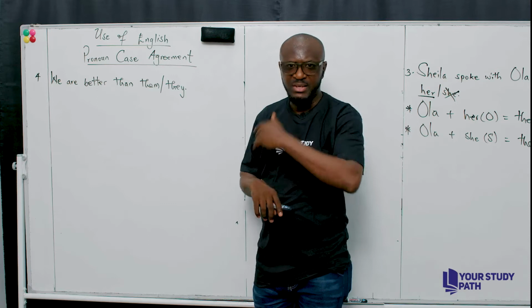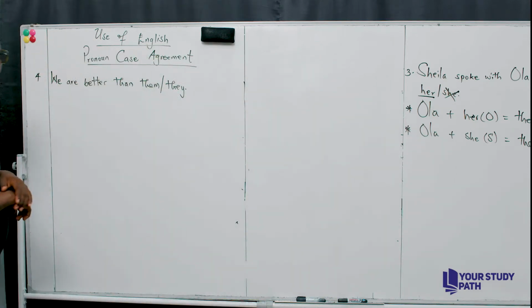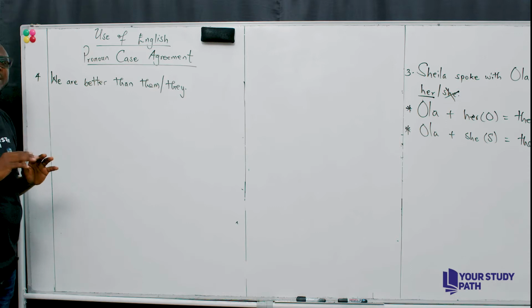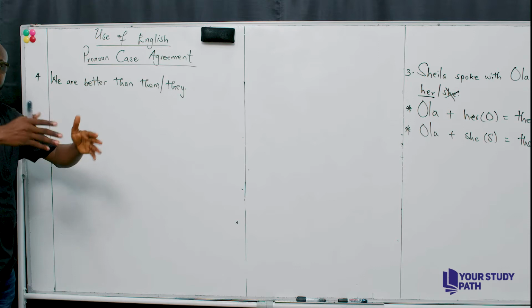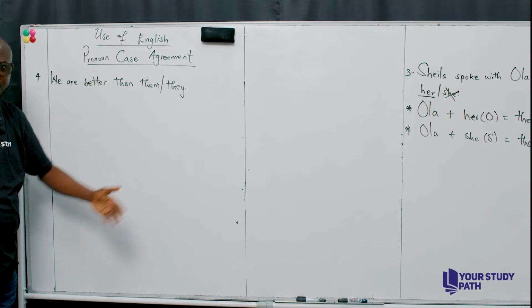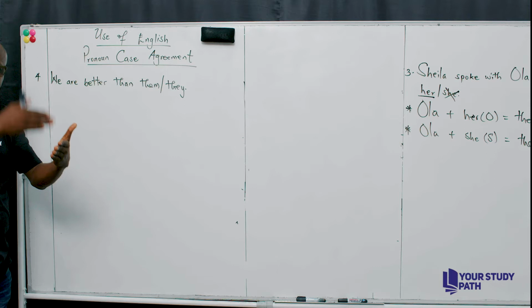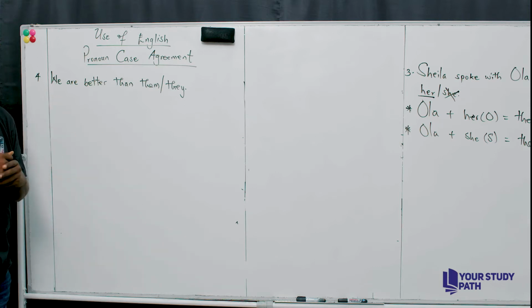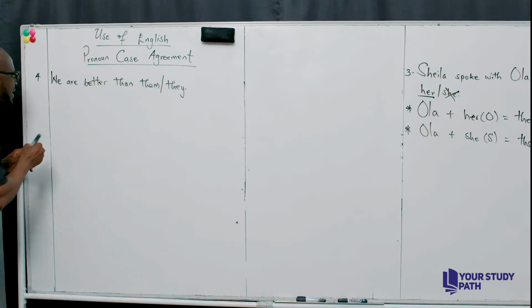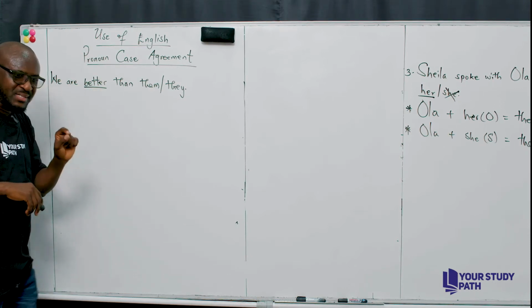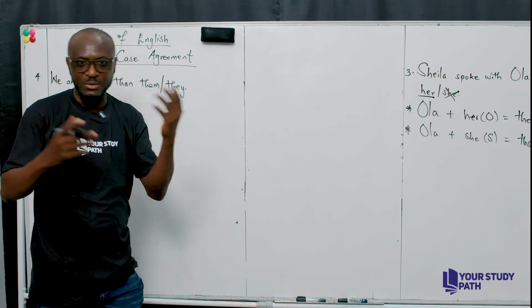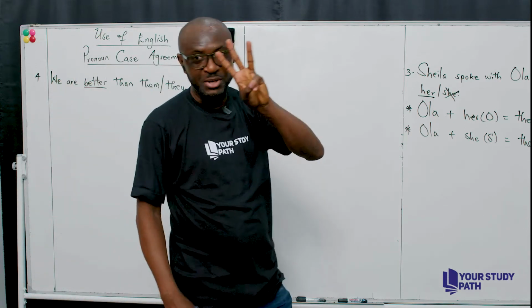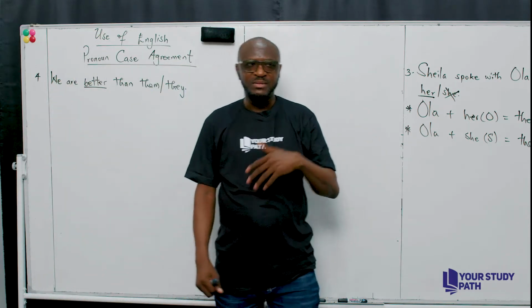Let's prove that. Let's go. First of all, we need to detach the sentence. We need to break it down into very simple forms. This kind of complex sentence, let's break it down into very simple forms for better clarity. Now look up. Look at the word better. Better is a degree of adjective. I'm sure we still remember the 3 degrees of adjectives: the positive, the comparative, and of course